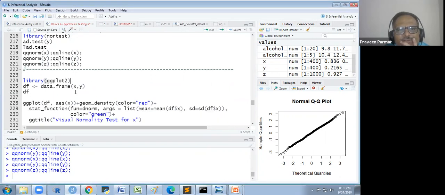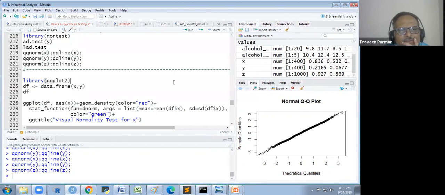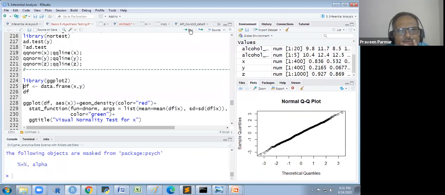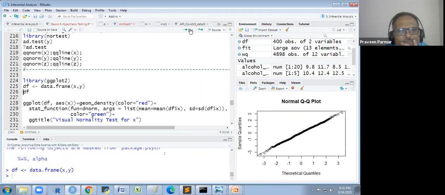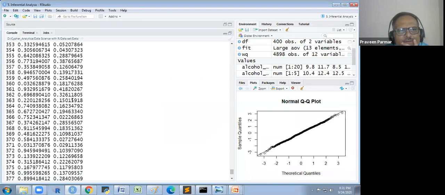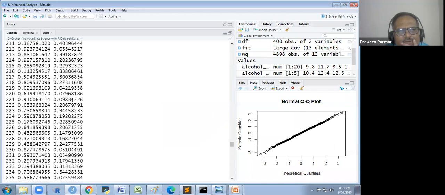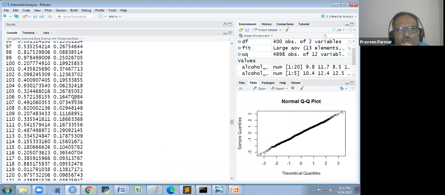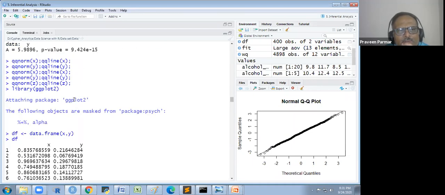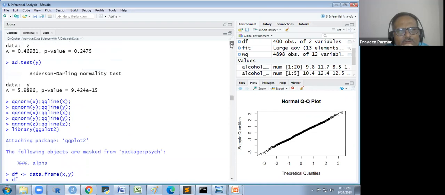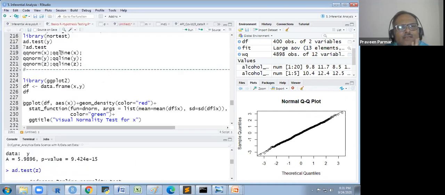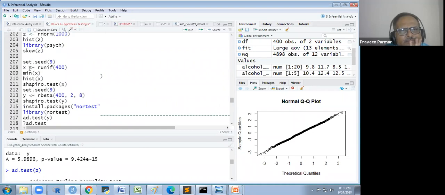So I just see what I have taken here. I will use some syntax here for ggplot2. First, I want to understand X and Y. What is my data frame X and Y? X and Y is the data frame for our beta and the uniform distribution we have taken, 400. That is the X and Y, I think. Okay, I got it.